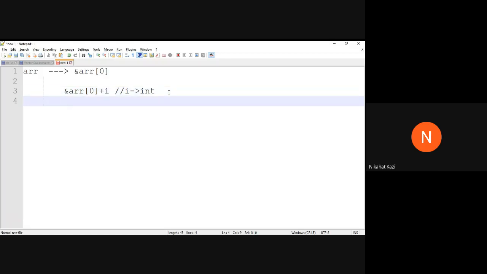For example, if the array size n is 5, then the expression array plus 5 will give you the address of ARR of 5.